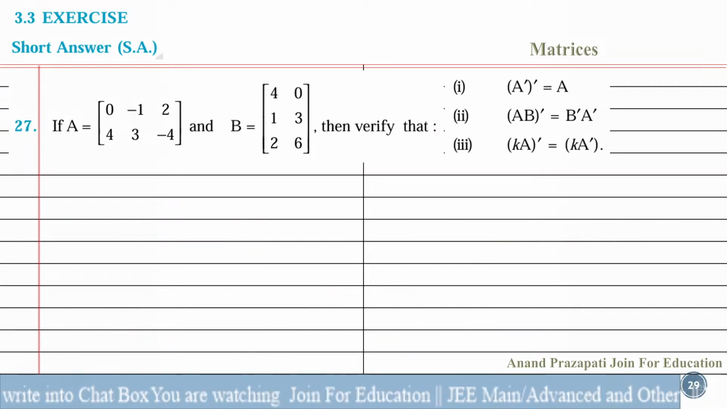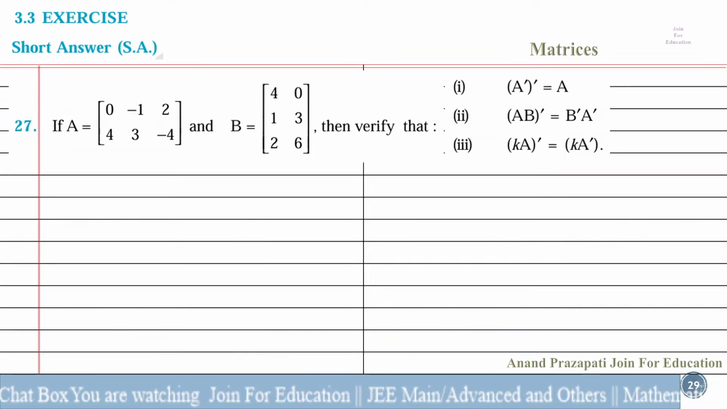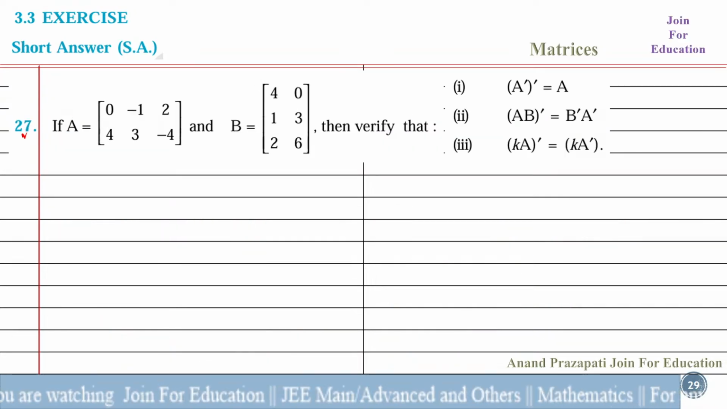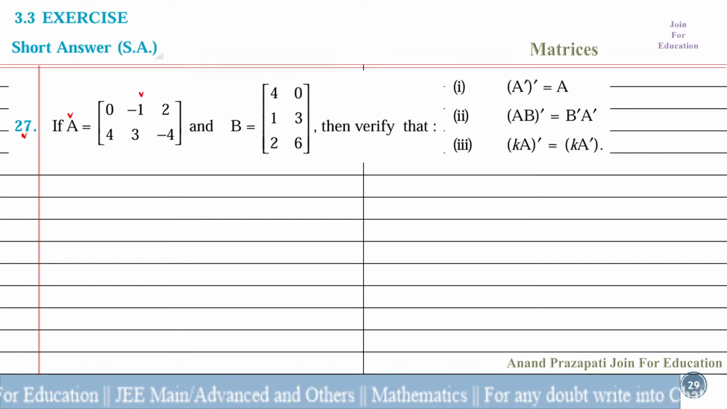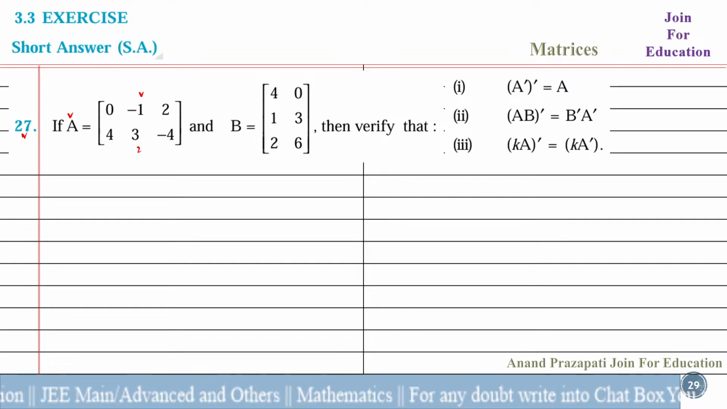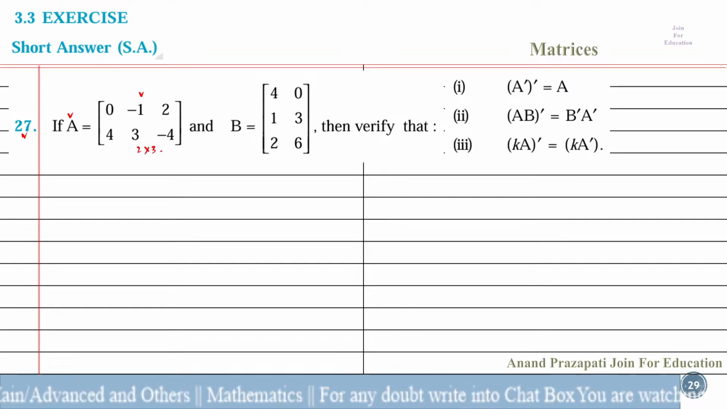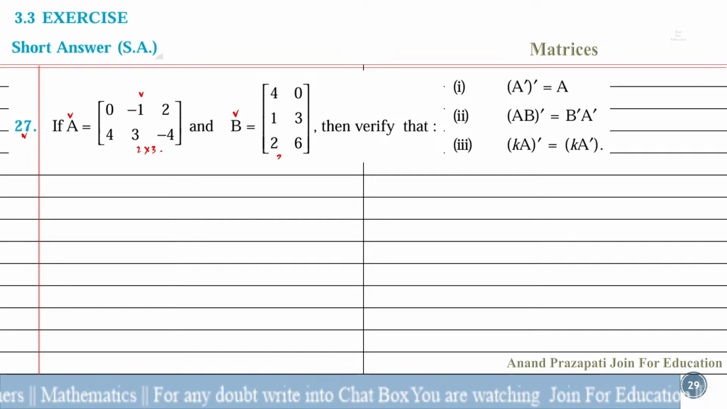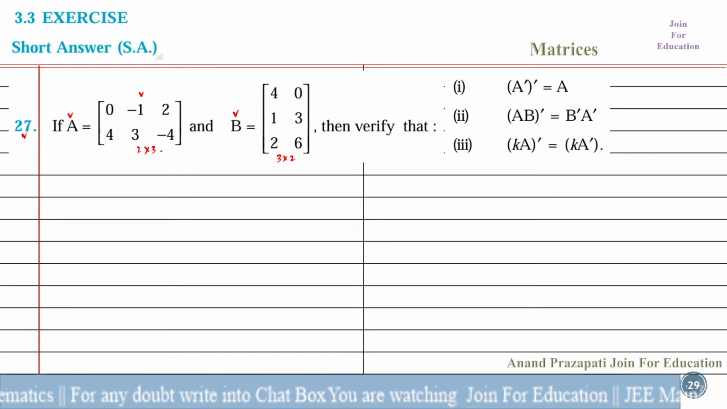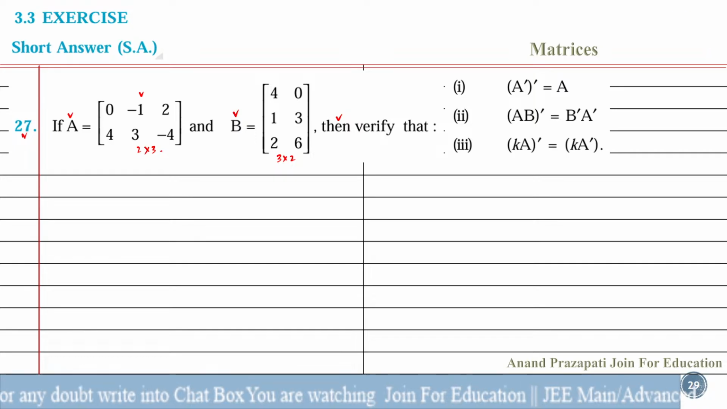Let's see question number 27. If matrix A equals this one, whose order is 2 by 3, and matrix B equals this one, whose order is 3 by 2, then we are asked to verify that